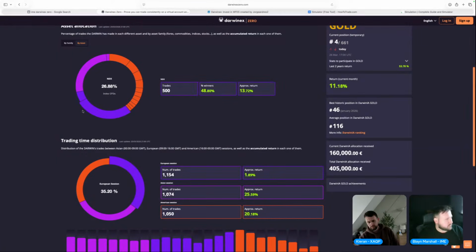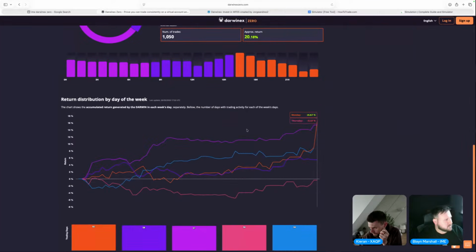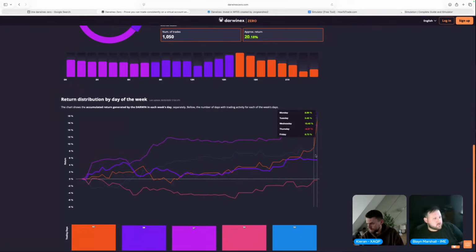Because I'm not going to apply them live until I see the full year's history at the end of the day. But yeah, everything's looking like a really good distribution of trades, decent returns, good American and Asian market. Just the European session slightly lacking, so maybe take a look into that. And again, days of the week, we can see that Thursday again is your worst returning day. So I don't know if you've got any sort of data on Thursday. Maybe have a look at certain strategies, or it could just be complete randomness because you've only been trading for just less than 3 years.